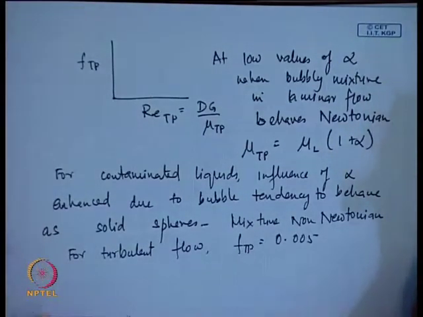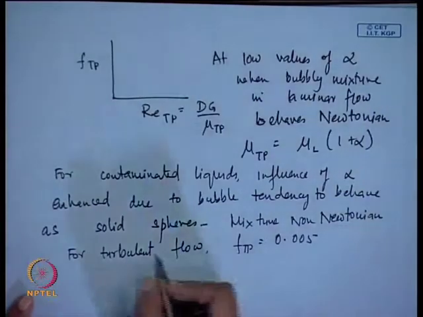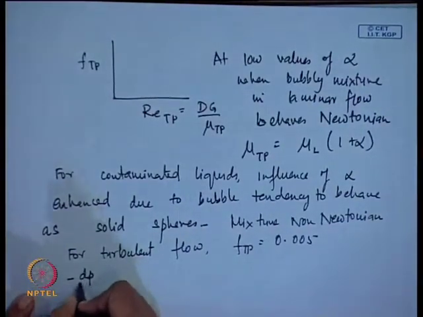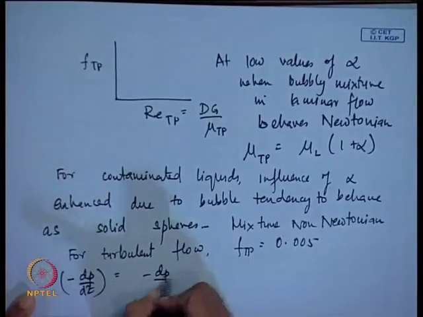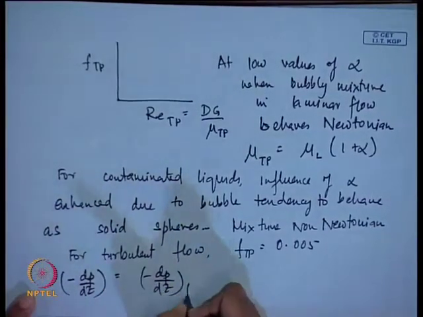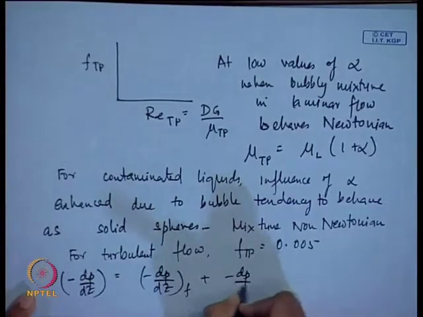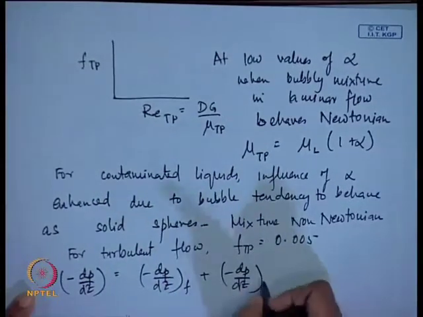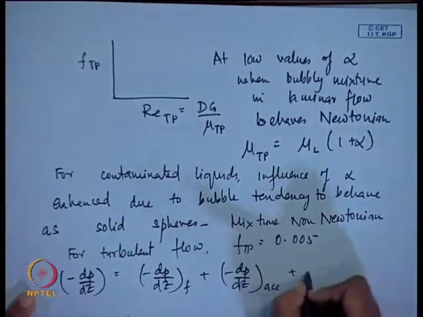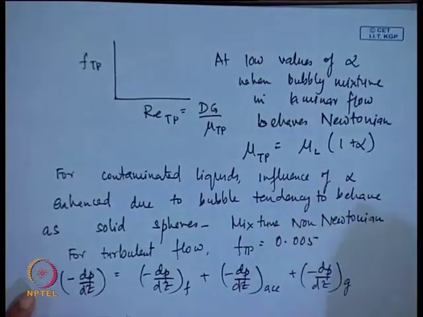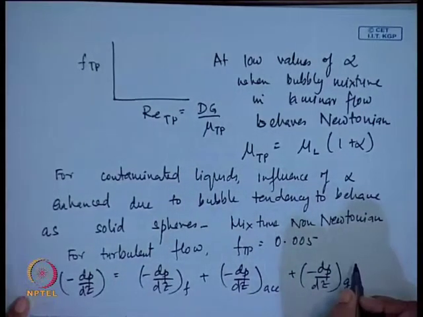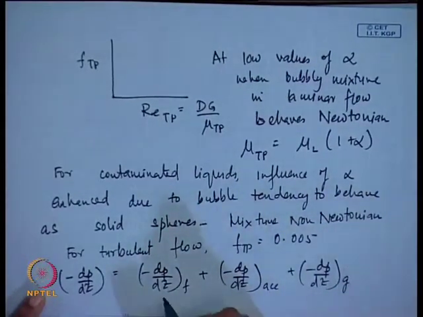Now, we find that whenever we have to find out the pressure gradient for this particular bubbly flow case, the pressure gradient, as you already know, is a summation of 3 components. This we have discussed several times. It is a summation of the frictional component, the acceleration component as well as the gravitational component. For horizontal flow, we know that the gravitational component becomes equal to 0. Okay. Now, for the frictional and the acceleration components.